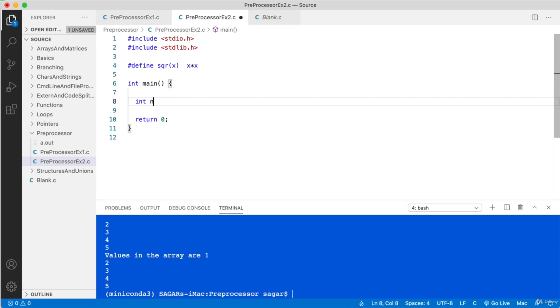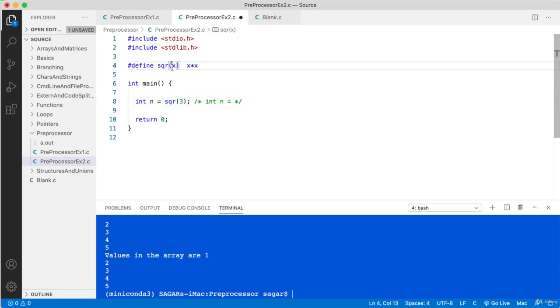Now when I say int n equal to sqr of 3, this is a macro call, so it will be translated by the preprocessor. 3 is given as the value for x. What the preprocessor does is simply expand this definition and replace this call with the definition.